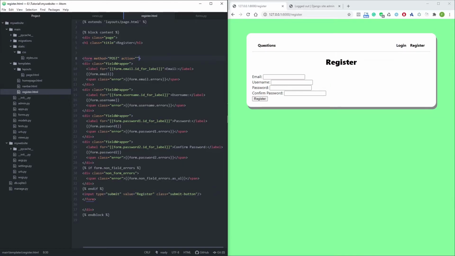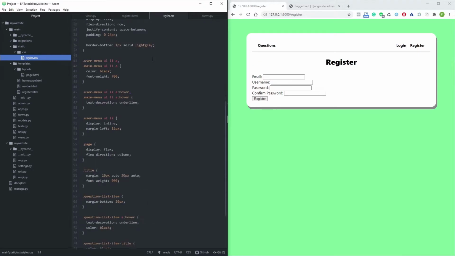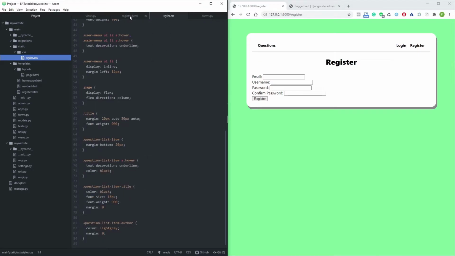So first thing here I want to do is just to add a new class. I want to name this register form. Okay, and I also want to add a new class with this page that is going to be called register page. We can save this and go to our styles, and in here we can first add